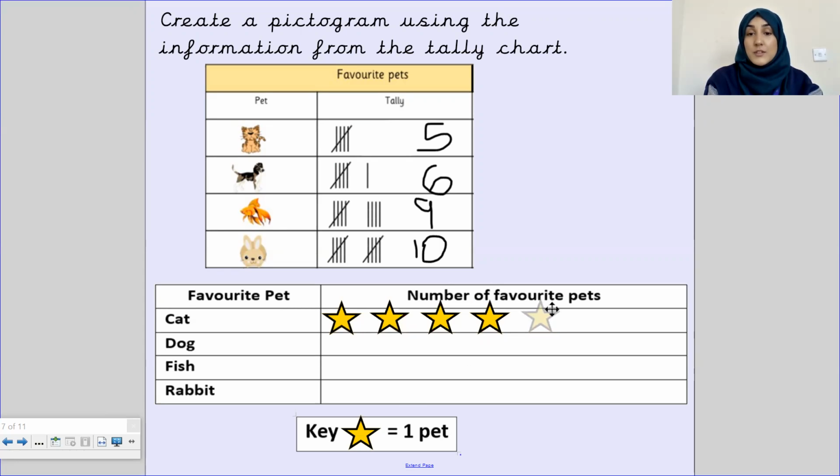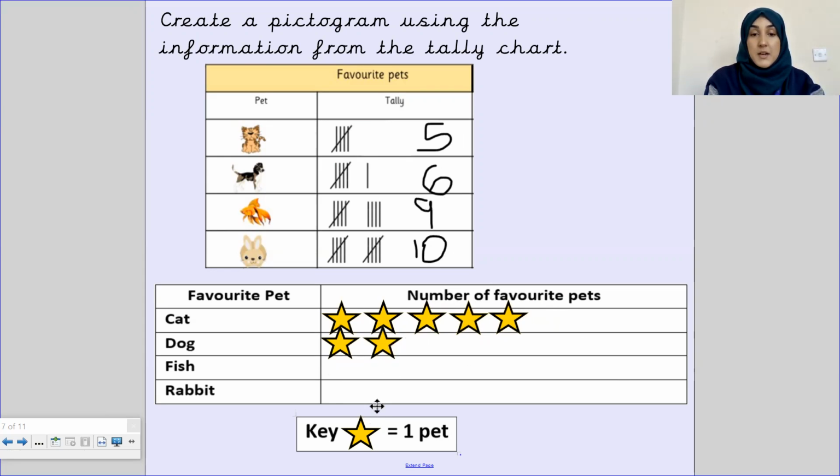5. Well done, me. Okay, now, because I can see that there's 10 rabbits, I'm going to move these up close to each other so I can fit my 10. When I come to 10 rabbits, I can fit those in, okay? Now, there we go. Right, now, how many doggies were there? 6, so I need to put 6 stars. So that's 1,